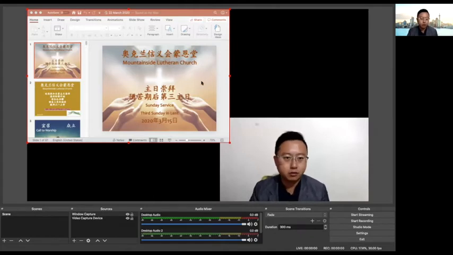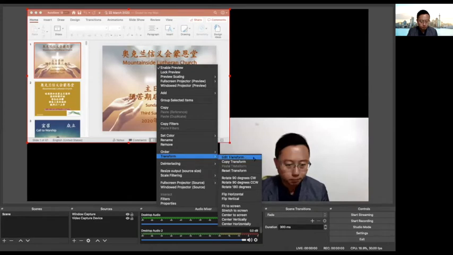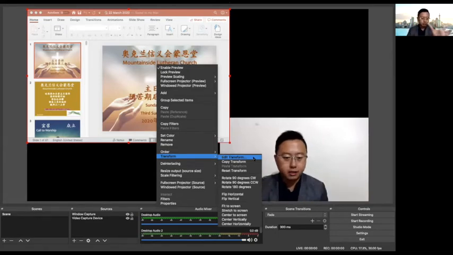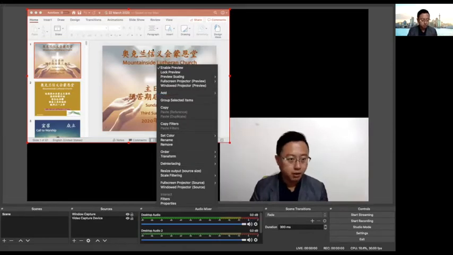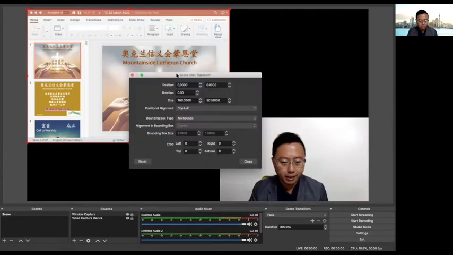So I would like to use another way to do it, which is to click on this box, use your mouse right button, and then there's a transform function that you can use to show part of the box instead of the whole software. Like for this PowerPoint, if I just show the middle part, it still works very fine. So let me try to use transform, and then edit transform. Then you can see this